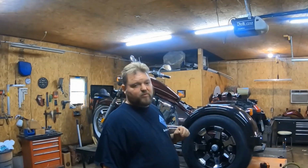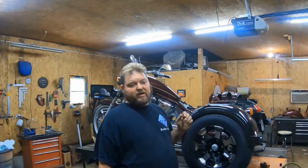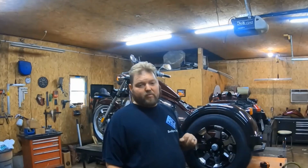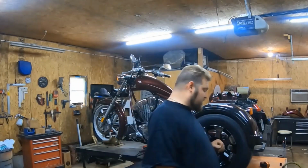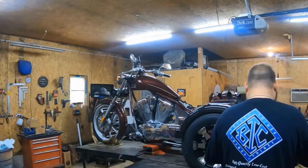The fender's the first thing we'll pull off, and it is simple. It's a 1/2 inch nut and bolt, and it's a vinyl nut, so it won't move on you, with 2 washers. So I'm going to go ahead and pull this off real quick, and we'll